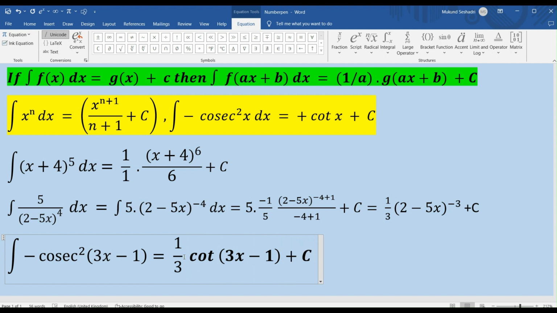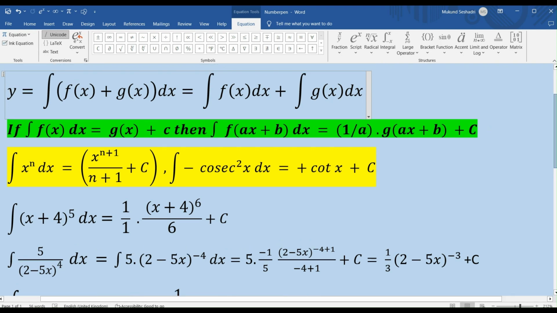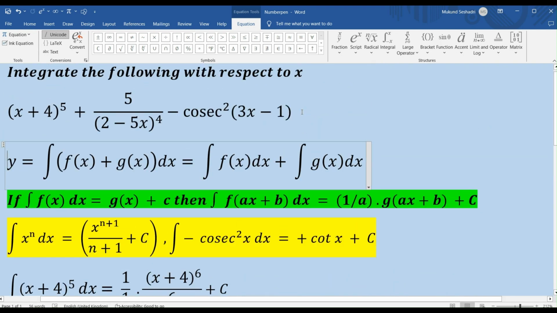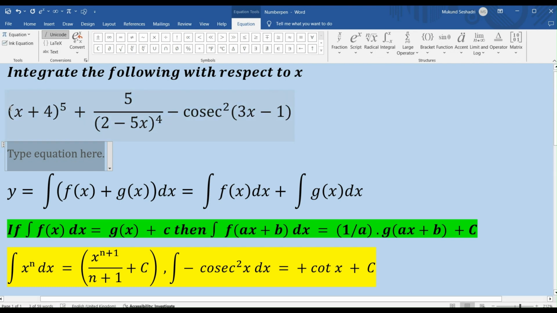A quick way to check if you've done everything right is to differentiate the answer that you have for each of these antiderivatives. Right now we have all the three antiderivatives with us. Now I go up and then I apply the sum rule: integral of f of x plus g of x dx equal to integral of f of x dx plus integral of g of x dx, which means that it's not applicable for just two functions, it is applicable for n functions. So when I put back my answer here, what I have been asked to find is,